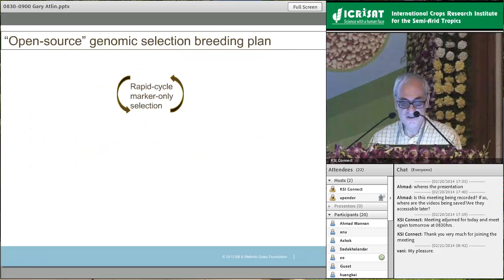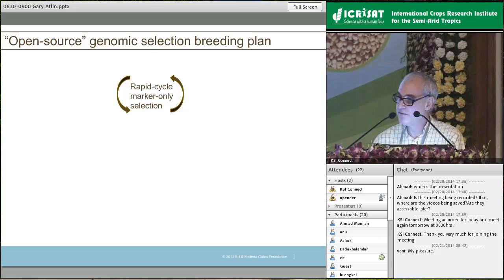I often trot this out. It's basically a Holstein breeding plan for plants. I think it is worth looking at, particularly in the context of a large breeding institute or a public program, where you set up an elite, closed, high LD population for rapid cycle marker-only selection, extract lines. In this case, we're talking about maize, so double haploid lines, genotype them, and provide them along with a GEBV